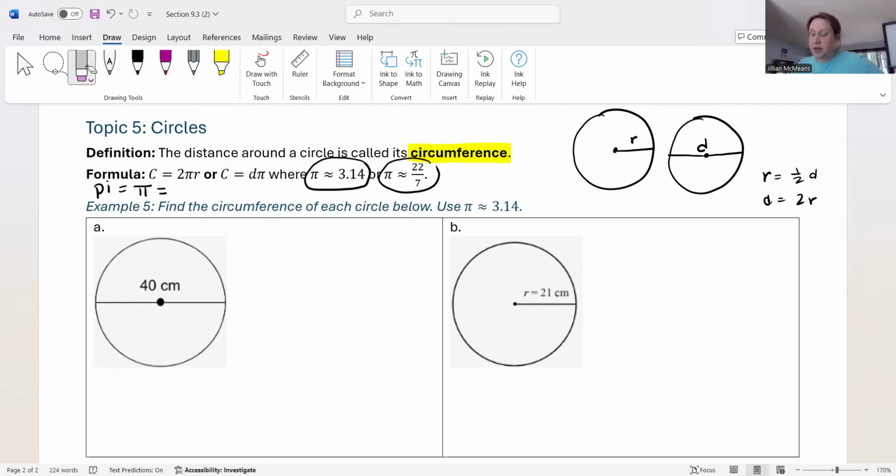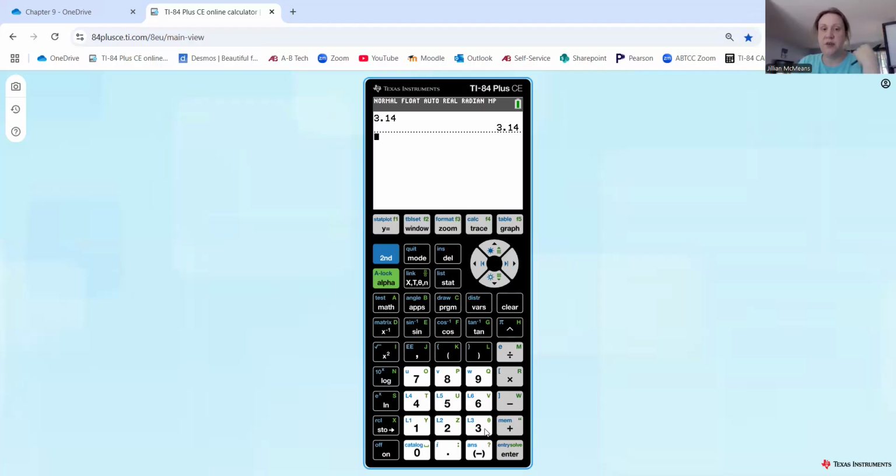Generally speaking, we stick with 3.14, but you could absolutely be asked to find some aspect of a circle using pi as 22 over 7. Depending on which one you're told to use, you really do need to use that one. So we're going to go over to the calculator for just a second so you can see why. So 3.14 is just 3.14. If I took 3.14 and multiplied it by 565, I would get